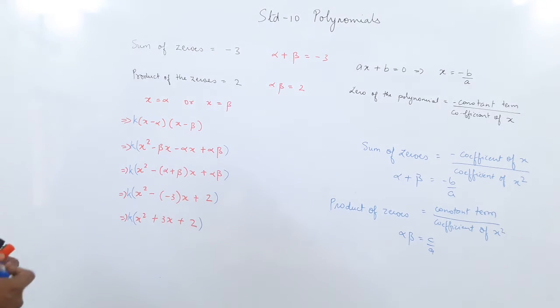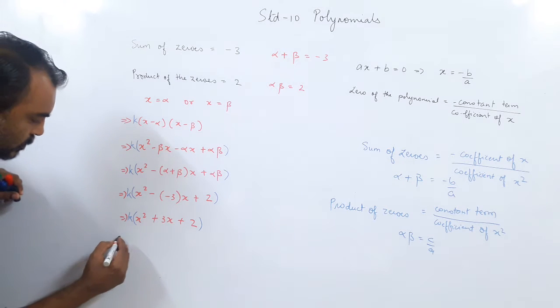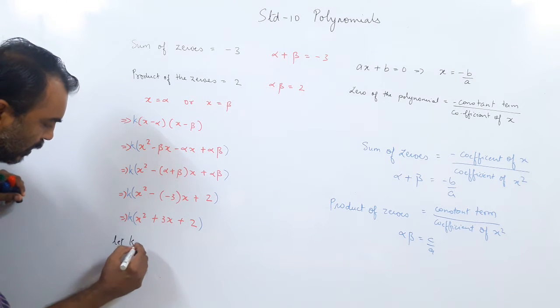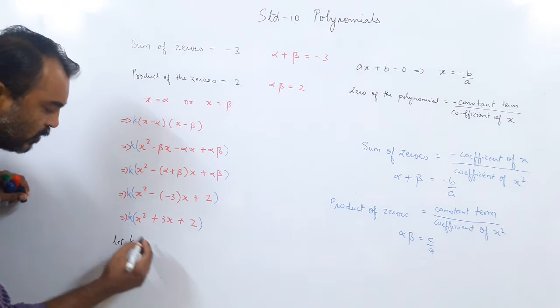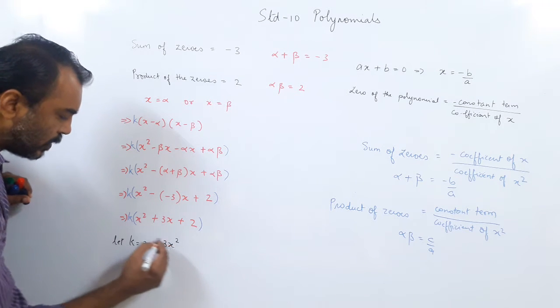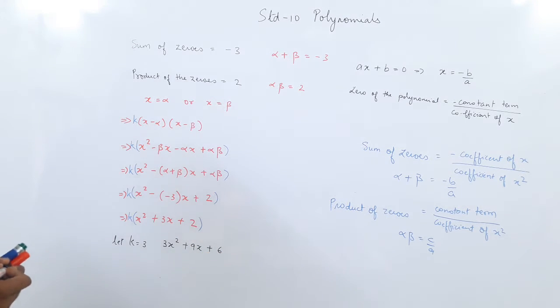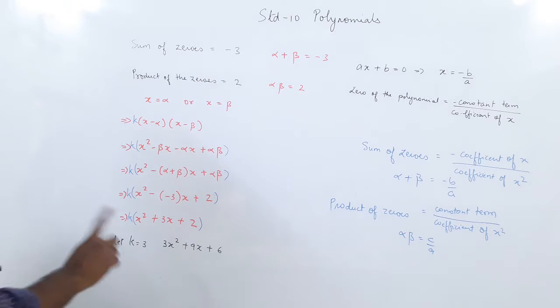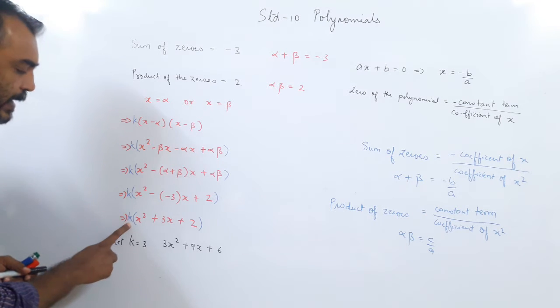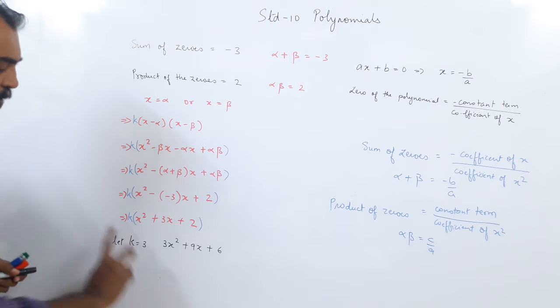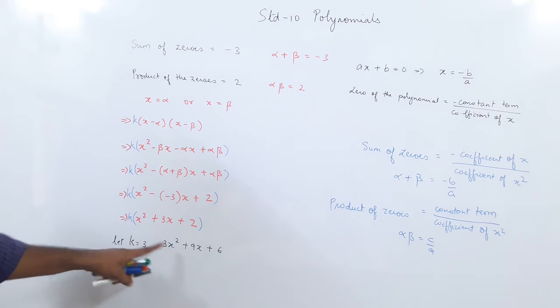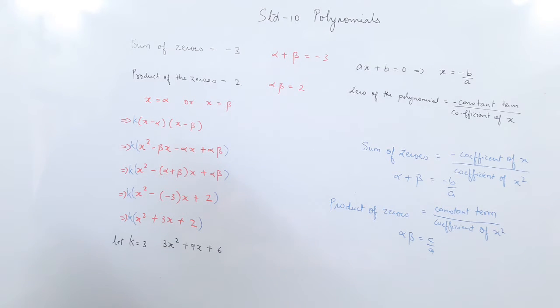Now the question is, why have I put a k over here? So we'll check now. Imagine any value of k. Let k equal to 3. k can be any value, but let k equal to 3. Now the equation becomes 3x square plus 9x plus 6. Am I clear? The equation I got is x square plus 3x plus 2, but I need to put the k outside. I have taken the value of k to be 3. So this becomes 3 into x, 3x square, 3 into 3 plus 9x, plus 6.